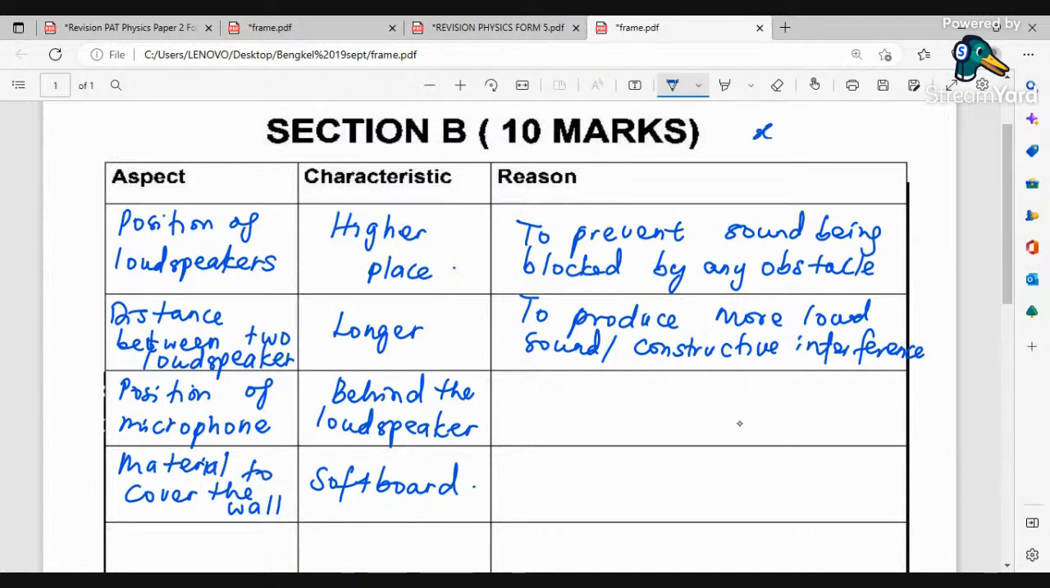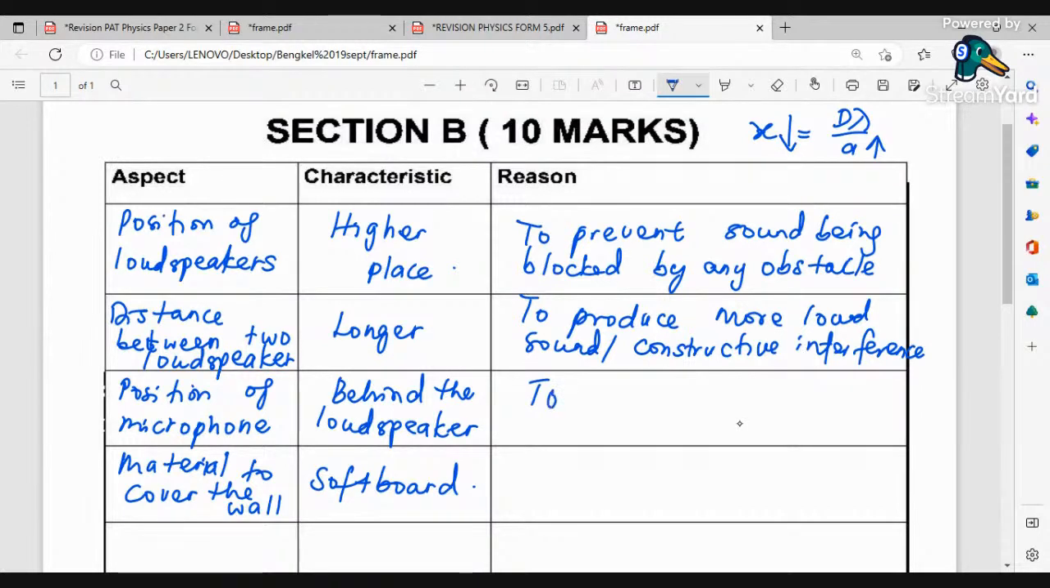And because x is smaller, x equals d lambda over a; longer a, smaller x. X smaller means the antinodal lines are very close to each other, so more constructive interference occurs. So the sound will be distributed and allowed at many points. Okay, so semua orang boleh dengar, sound itu clear. Okay, behind the loudspeaker, position of microphone